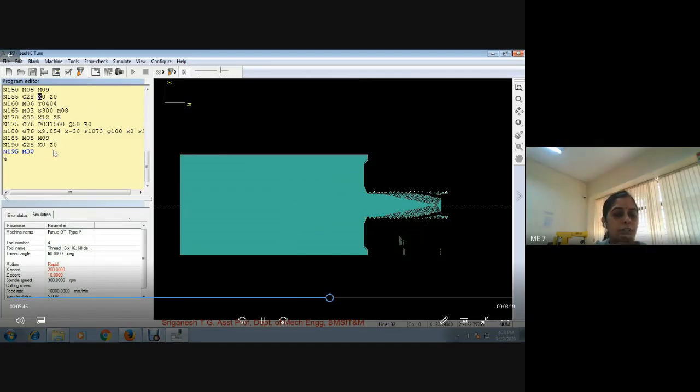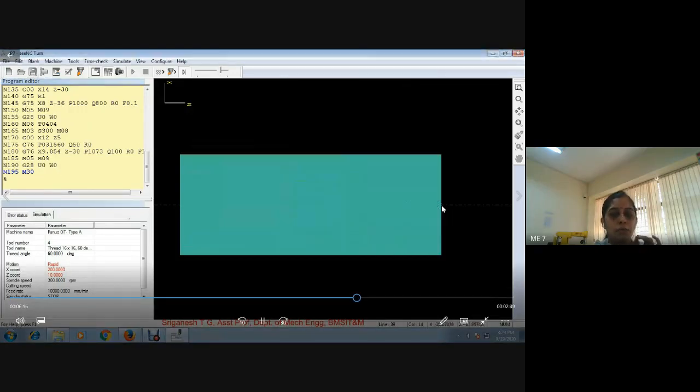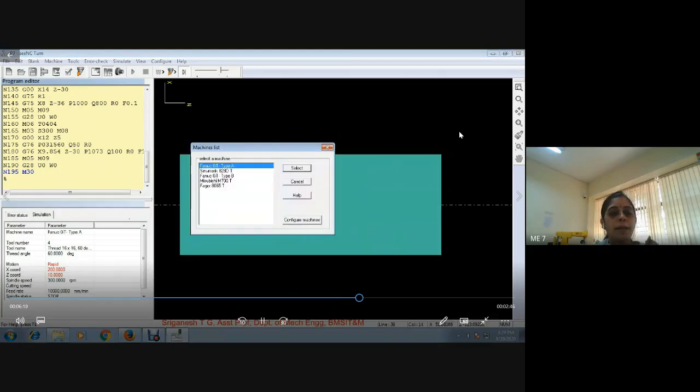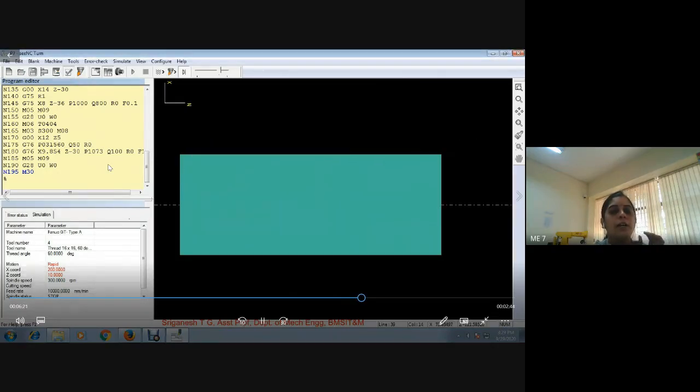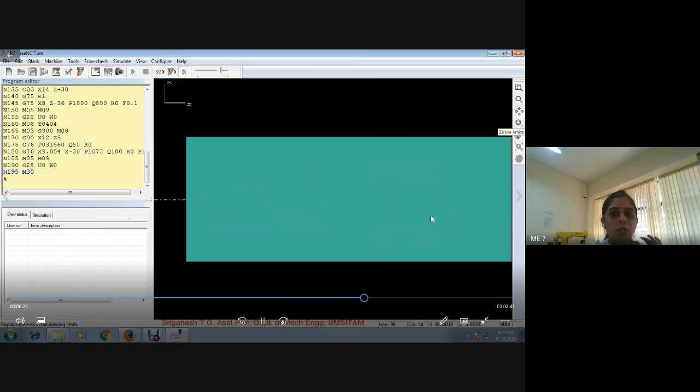So now we will change it in both the cases, right? Before going to the thread cutting operation also, here it was written X0. So kindly change it into U0 and W0. Then only it will work properly. Here also kindly change it into U0, W0. Always you should not start from the point where the coordinate system is. You should send the tool to the home position, then bring back the tool. Once with this correction, when it is simulated again, it will work properly.